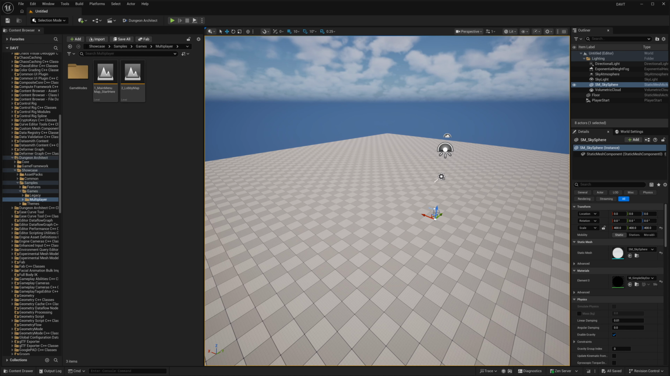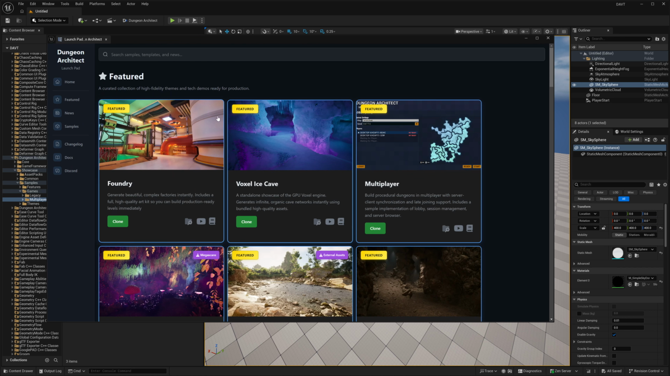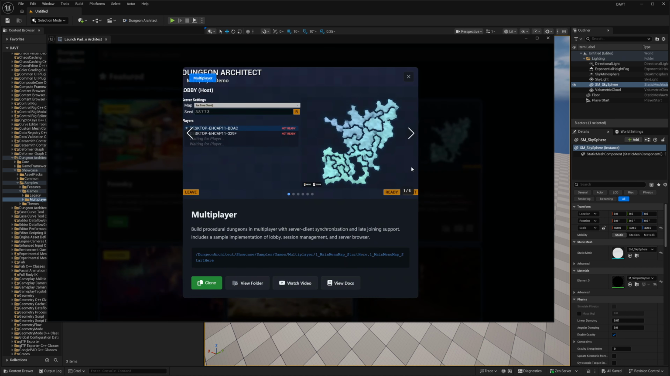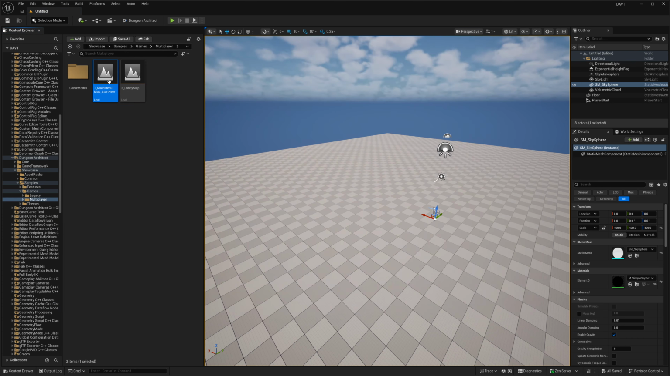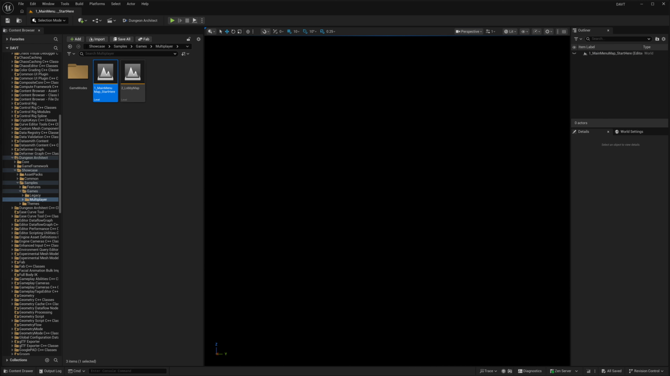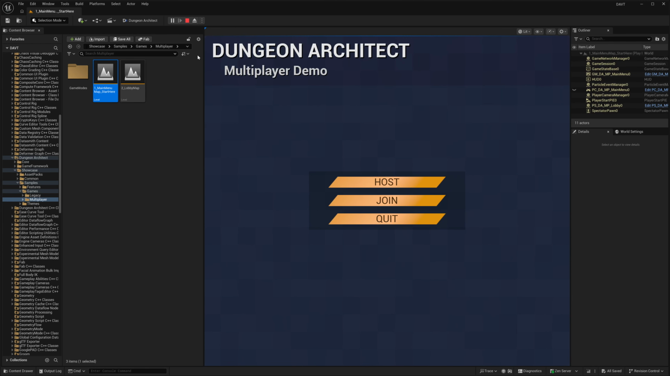In the last video, we set up the build system to make our dungeons playable. Today, I'll show you the full multiplayer sample, a complete game flow from main menu to gameplay. So this sample comes in with a server browser, some simple session management, and also a lobby for the players